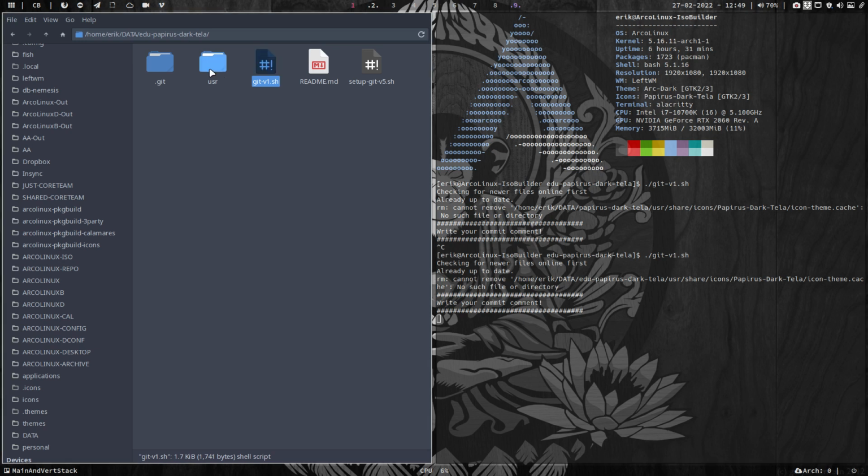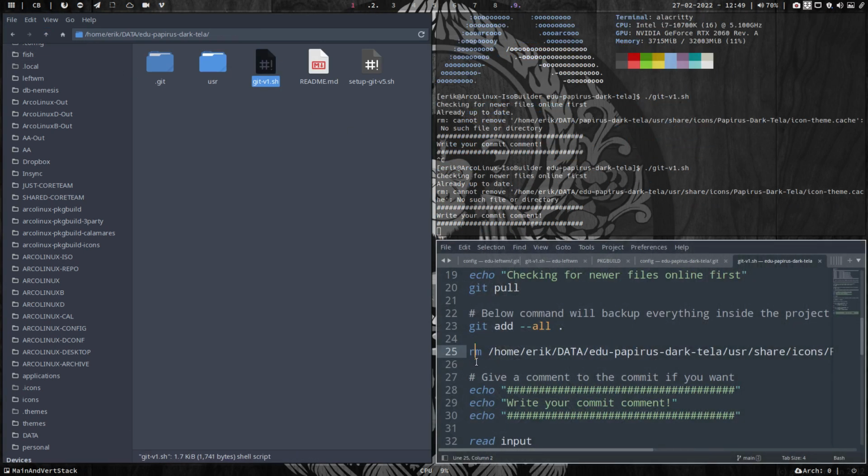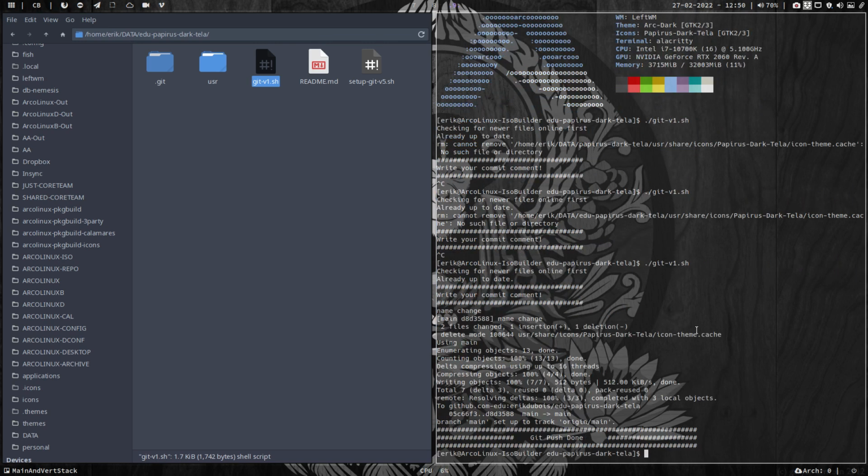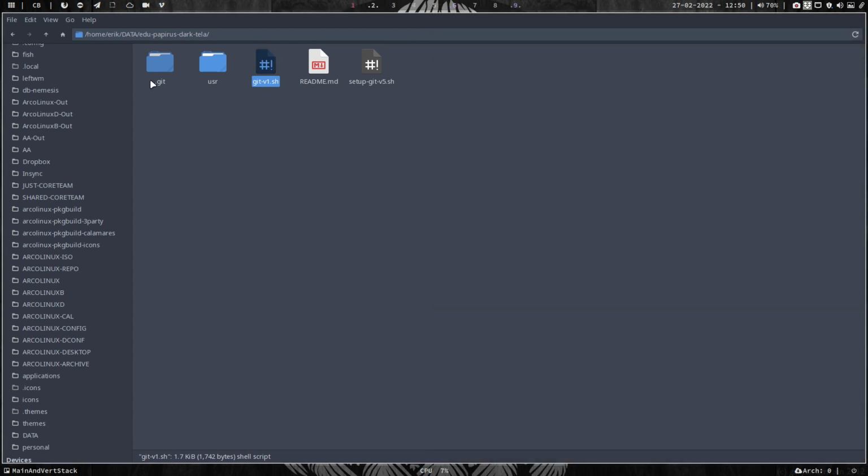Oh, it's already gone, is it? User share icons. Yep, it's okay. It's already gone, which means don't delete things. Just put a hashtag in front of it. Later, if you need it, you just put the hashtag back. So nothing changed, so name change, right? That's it. And the cache is gone from online status, delete mode. Okay, cool. That's it. Yeah, almost.